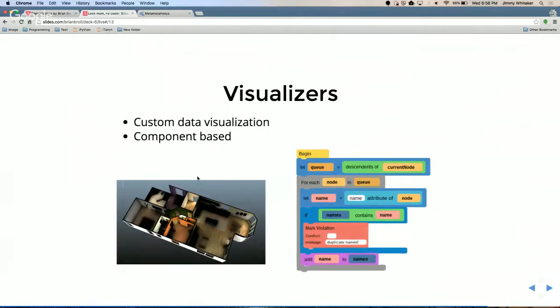All right, so visualizers. Visualizers actually provide custom data visualization. As you saw from probably most of the screenshots, unfortunately not as much of the live demo, the data is usually visualized with boxes and lines. So you'll have a flow chart looking thing like you saw in my dependency graph. But you can actually write your own custom ones that interpret the metamodel, or the data model underlying all of this, in different ways.